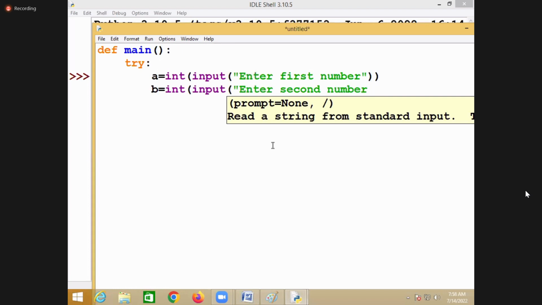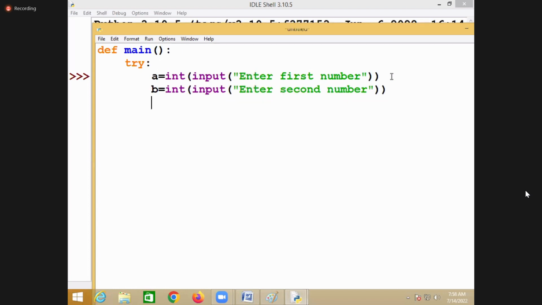So you are trying to input two numbers, the value of A and the value of B. Then C equal to A divided by B.